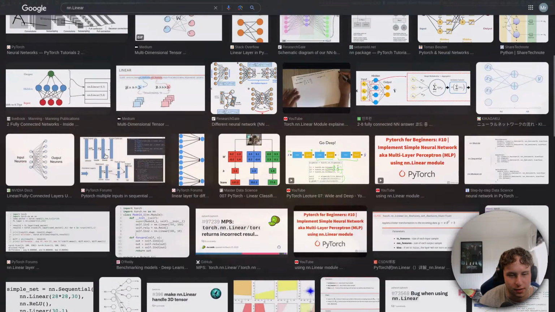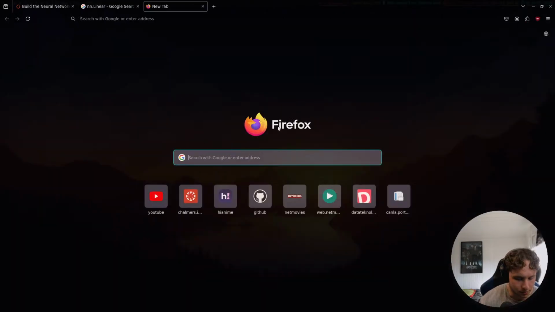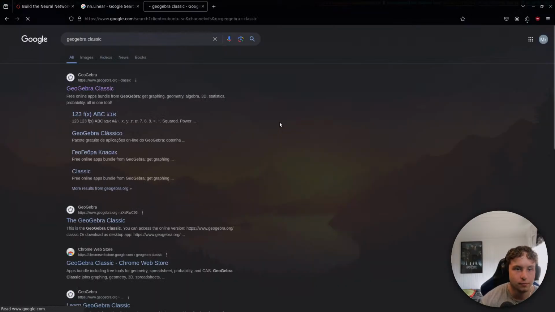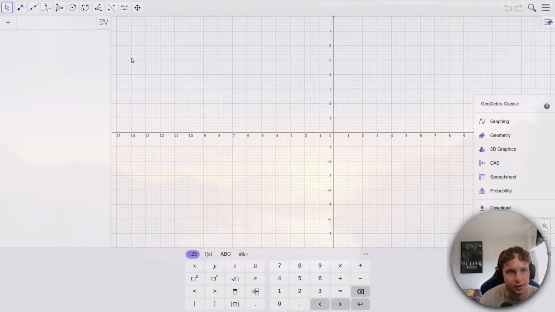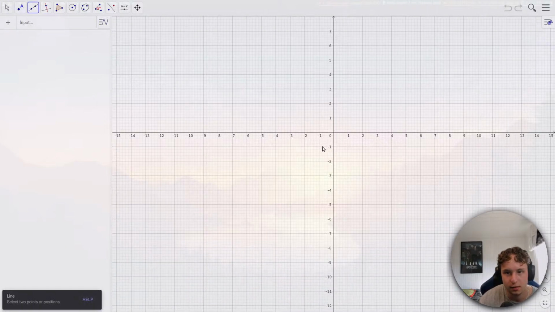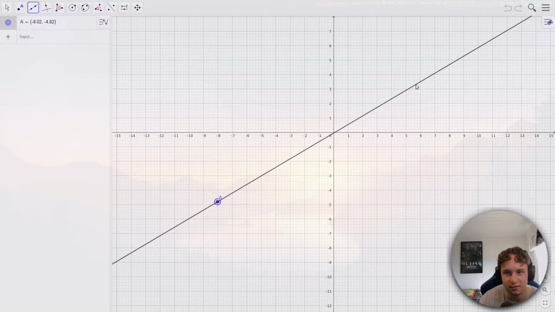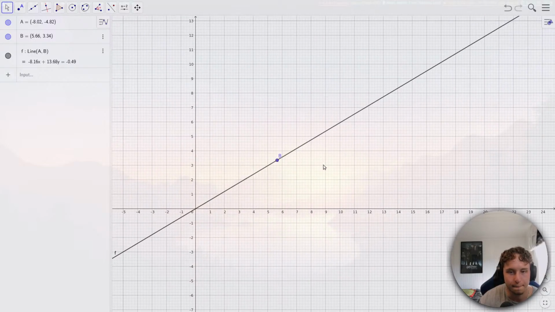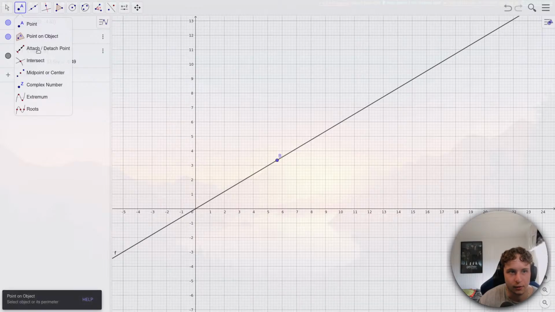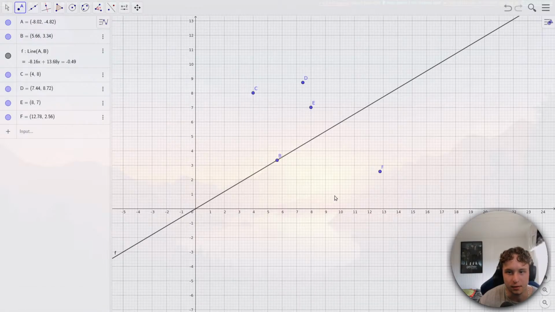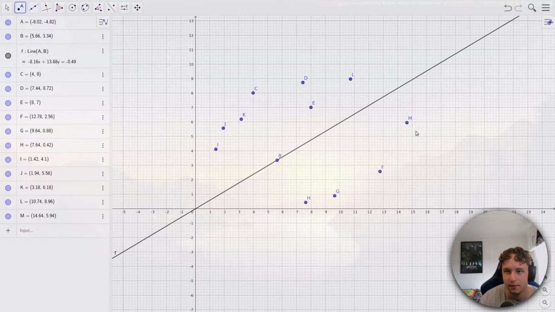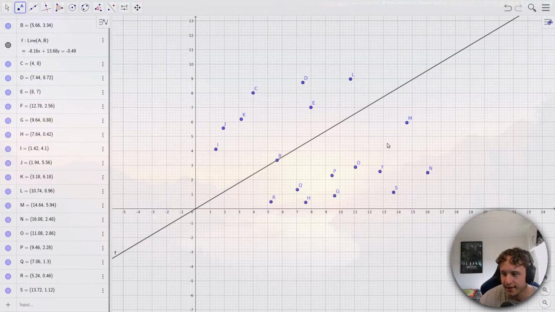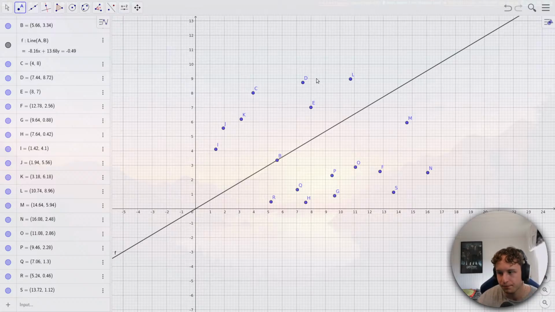So a linear function is essentially just, we can go to GeoGebra. A linear function is essentially just a straight line. So we have a line here. It's basically just a function like this that makes an estimation based on the slope here, depending on what type of batch sizes you have with all the different points. So say you have a lot of points or data, then this is essentially